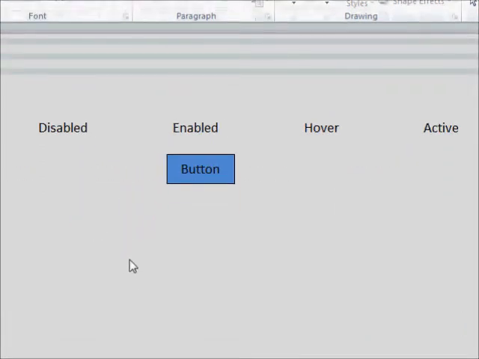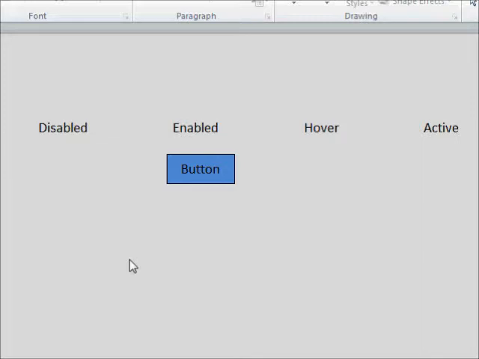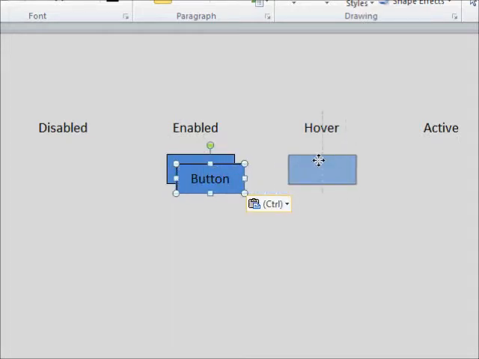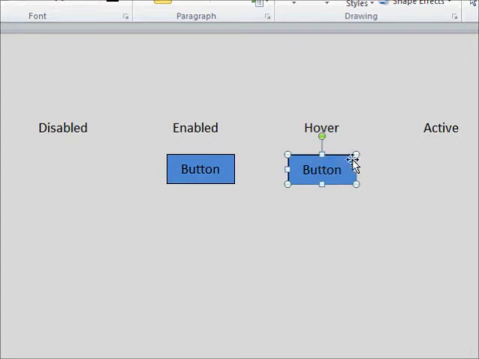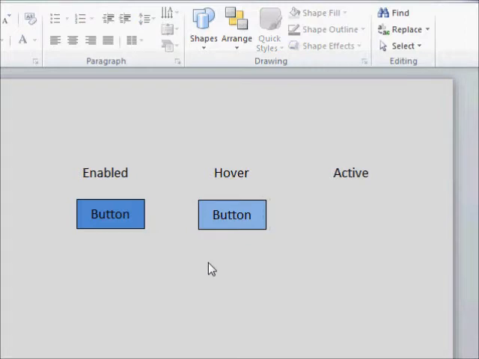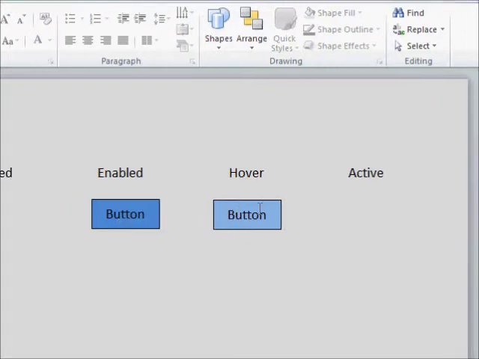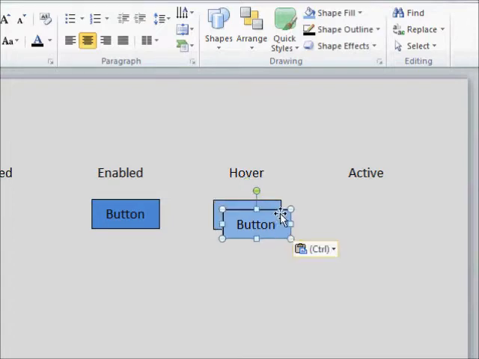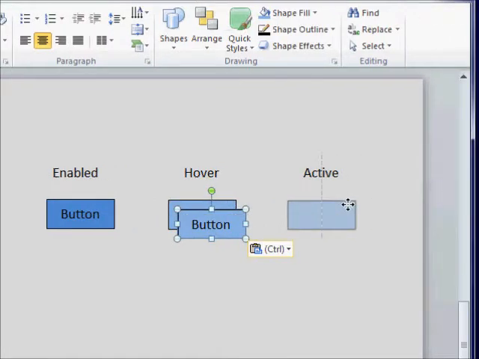That's my enabled button. When I do these designs, I always start with the enabled button, or the enabled whatever the widget is that I'm building. Okay, then I grab it, make a copy of it, paste it. I'll go over here, and I want to make a hover version of it. So let's say for my hover version, I'm going to lighten it up a little bit. So I'm just going to change that fill color to just a little bit lighter than before, so that when I go over the top of it, and then I'll make a copy of that, and I'll drag it over here for my active state,